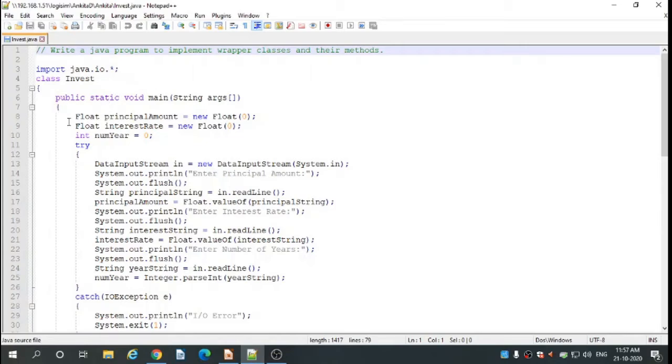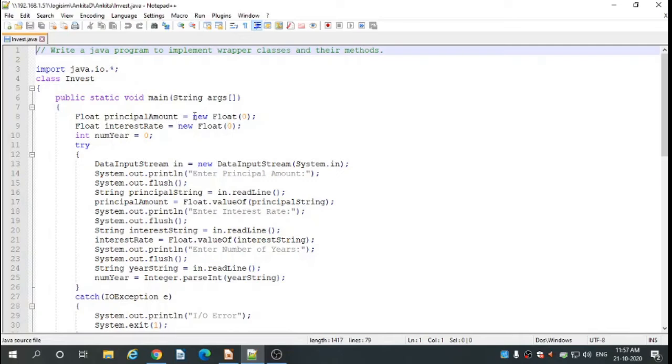Inside the main method, we have declared some variables in Float type, meaning object type. This is Float with a capital letter, so this is the object type Float. We have declared the principal amount and interest rate in object type.